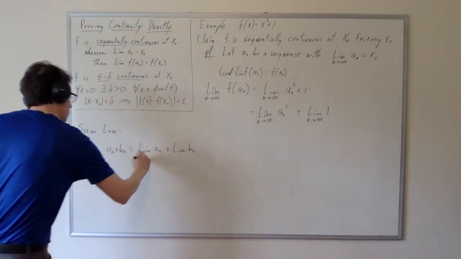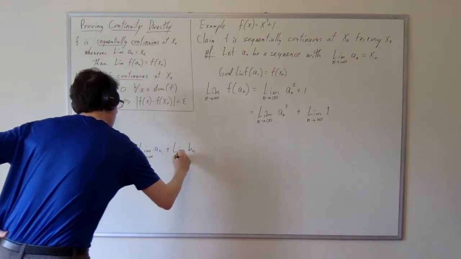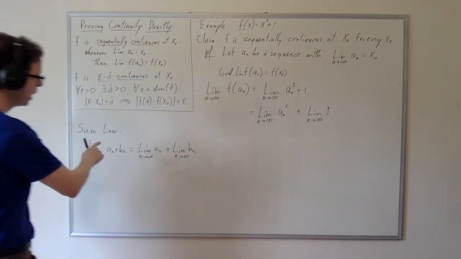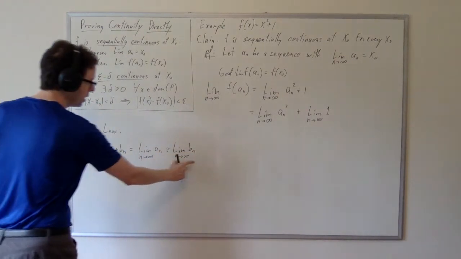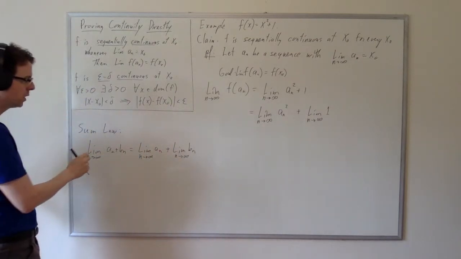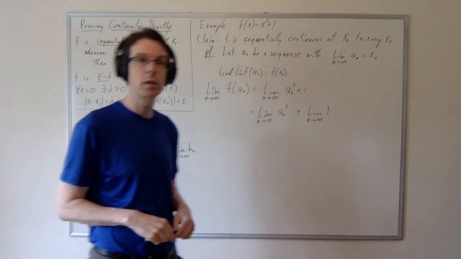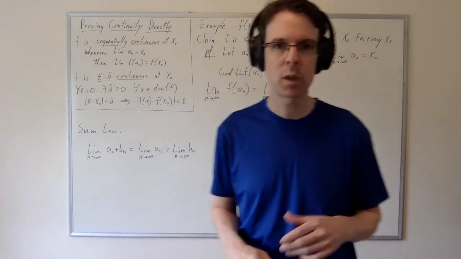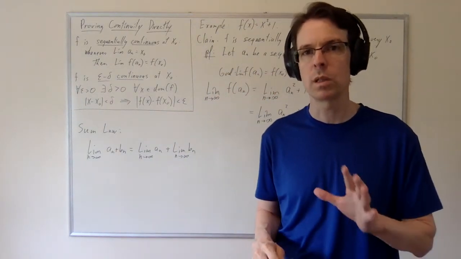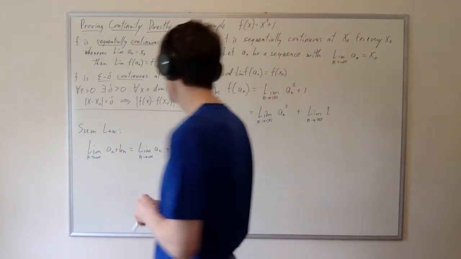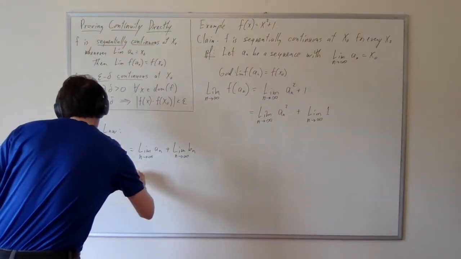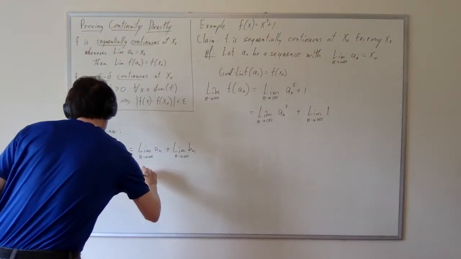And of course, these limits are as n goes to infinity. But of these three limits in the sum law for limits, any one of them, for a given example, could fail to exist. And so the sum law for limits also has to contend with the possibility that these limits would fail to exist. And it does so by saying, provided the right-hand side exists,